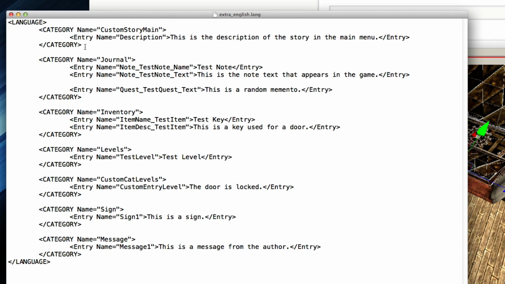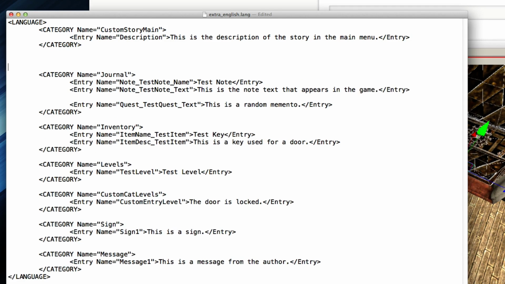So what you can do anywhere in this code, if you put // at the start of a line, that line will be counted as a comment, and it will not be read by the engine. Whatever you put after those 2 slashes will be just for personal preference if you want to clean up your file to make it easier to read, and that is going to be ignored by the engine, and it does not give you any errors or anything like that. So that's why I'm going to be using that to make it easier to read.